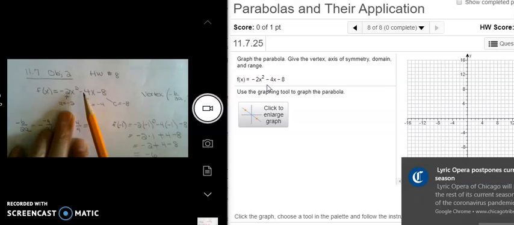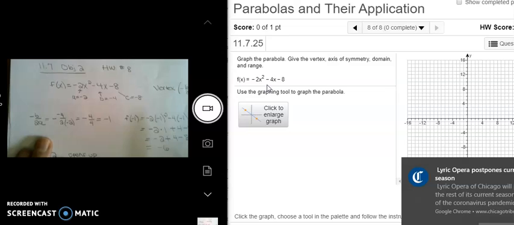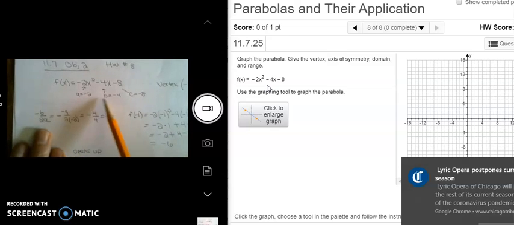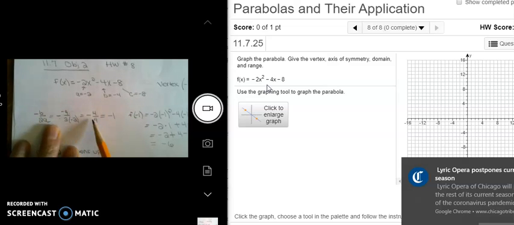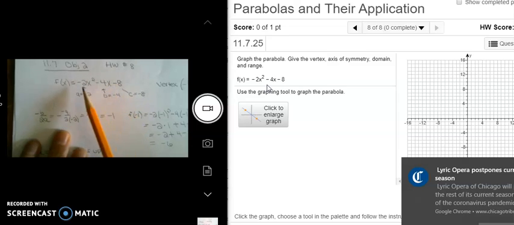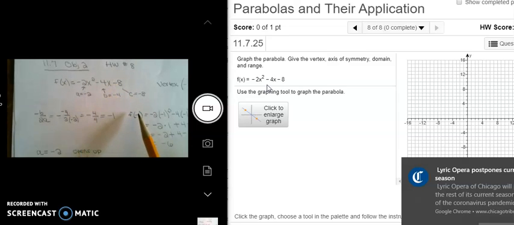So I want to identify a, b, and c. The x-coordinate of the vertex is negative b over 2a. So it's the negative of negative 4, that's a 4, over 2 times a. That comes out to be negative 4 over 4, which is negative 1. Then I'm going to plug that into the equation